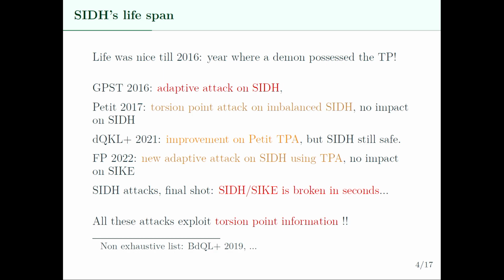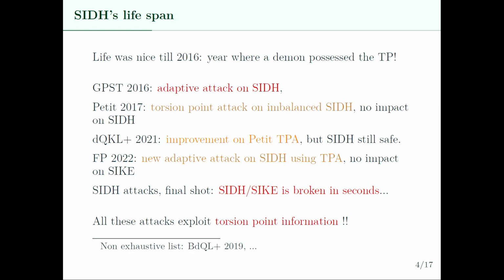So what happened with SIDH? What is the lifespan of SIDH? SIDH was invented in 2011. In 2016, you have the adaptive attack that obliged the authors to use an FO transform to obtain SIKE. Then in 2017, you had the very first torsion points attacks that didn't apply to SIDH. They were later improved and still did not apply to SIDH. In 2022, you have an adaptive attack that could affect SIDH but not SIKE. But then in summer 2022 again, you had the full shot by the killer who is sitting down there, I think.